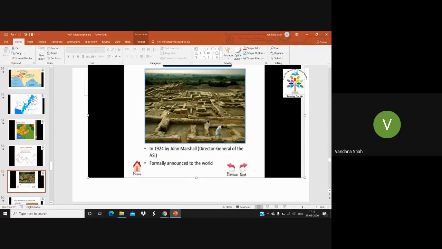So children, when you do engineering or a course in mining or excavation, you will come to know in higher studies that there was an excavation done horizontally by the Archaeological Survey of India. That time,